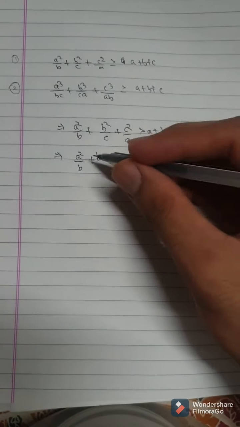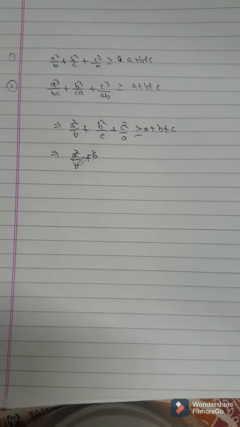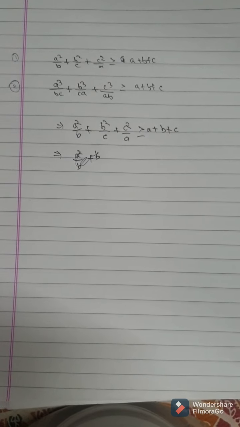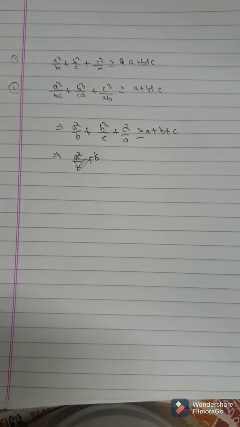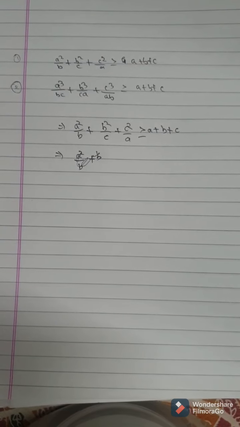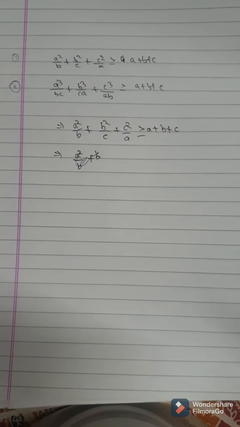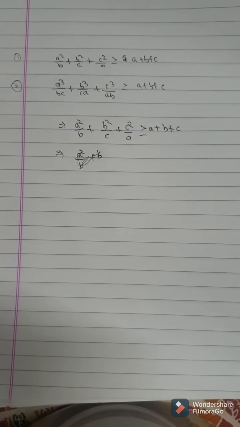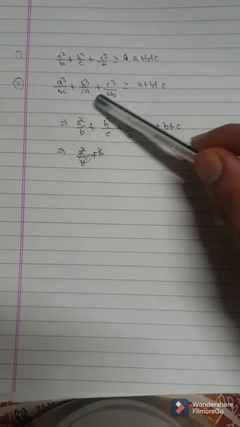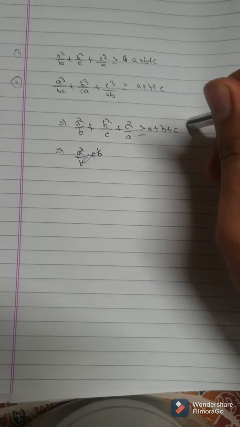See, first of all, let me tell you a trick on how to apply AM-GM. This is a very important method. A very important concept in all of Olympiad inequality is to check the equality case. In many cases, the equality case will be when a equals b equals c. So first check the equality case and then think about applying AM-GM. Always while checking the equality case, first check if a equals b equals c. In most of the cases it works.